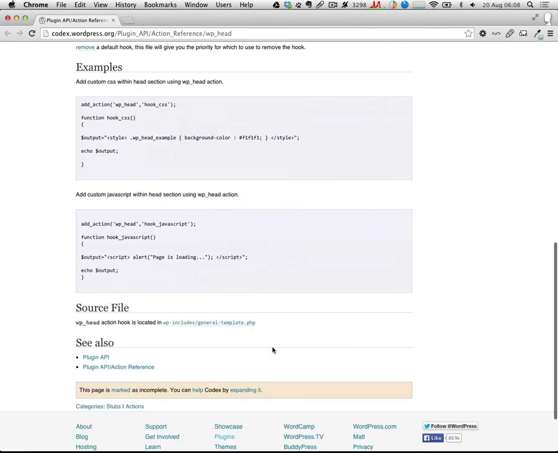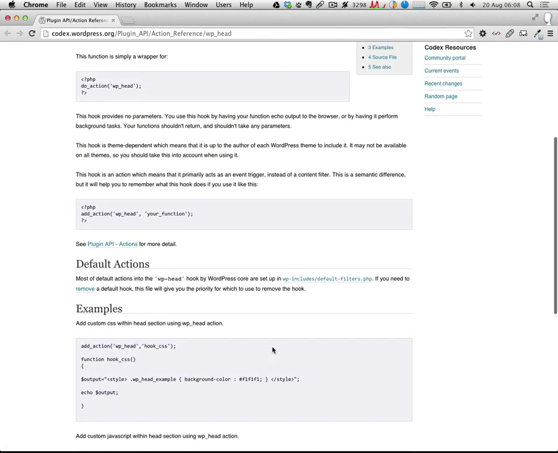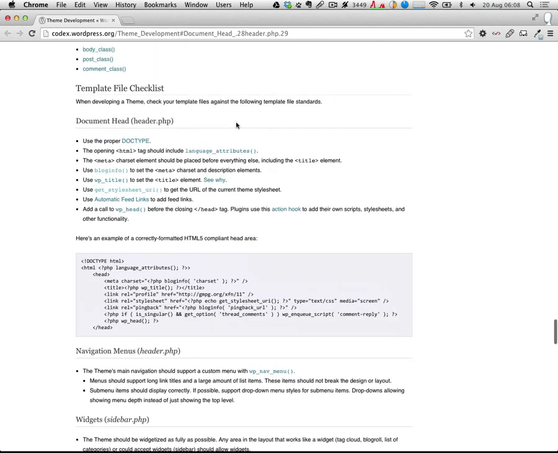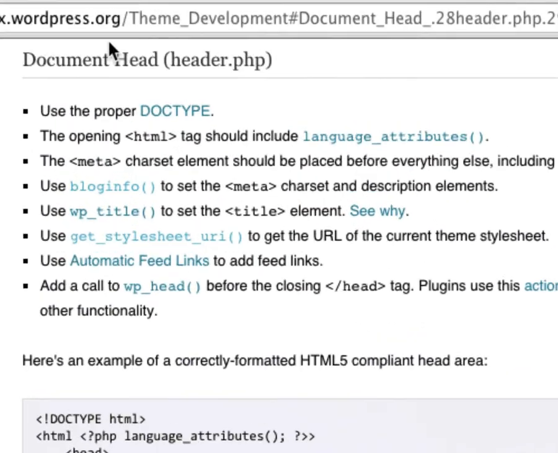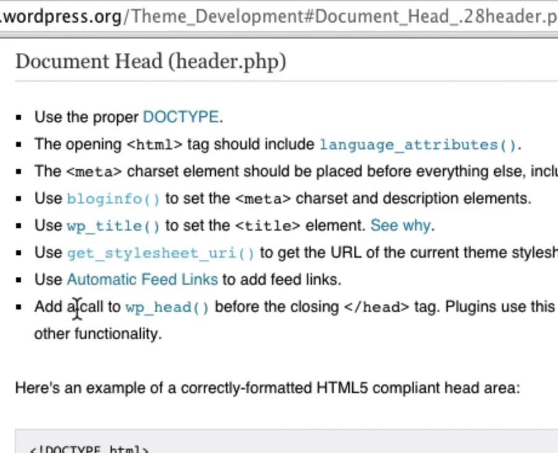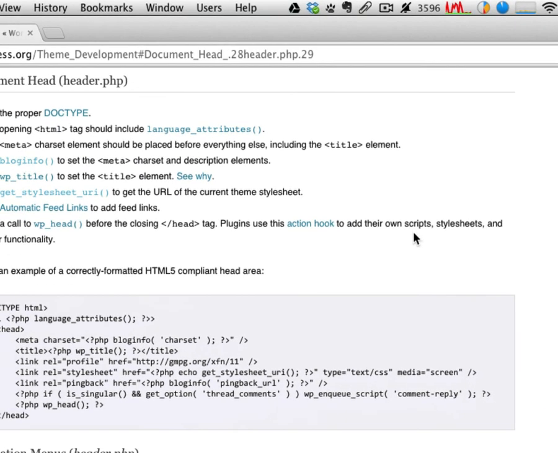Okay, so the WP head function, actually it might be better off just to look at this header part here. Okay, so under this documentation about the header.php, it says that I should add a call to this function WP_head before the closing head tag because plugins use this action hook to add their own script, style sheets, and